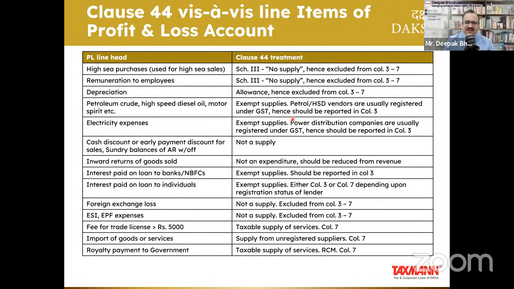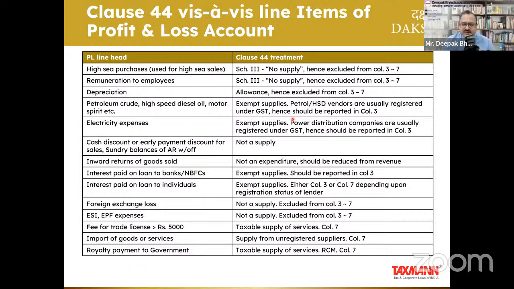You see, generally, petrol pump vendors, right, petrol pump owners, it is not as if that only the petrol pump, they supply other items also on which GST is leviable. So because of that, they also need to get themselves registered under GST. So I will say with impunity that 99.99% or more of these petrol pump owners will be registered. So again, it all depends on the evidence available with you guys. So it should be disclosed under column number 3, exempt supply.